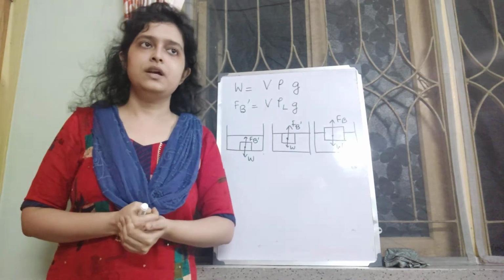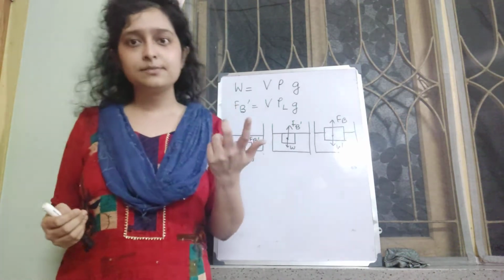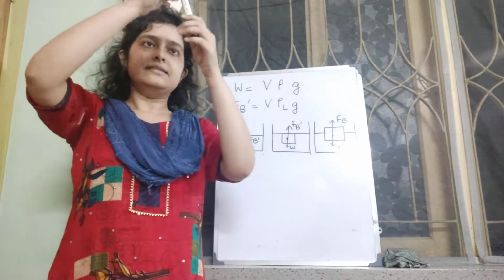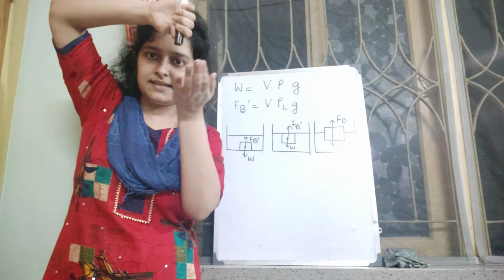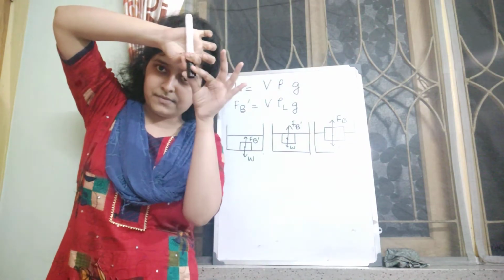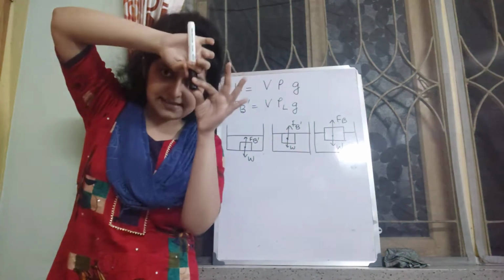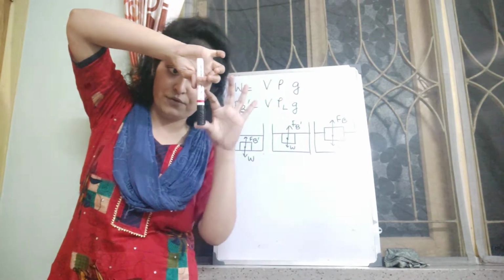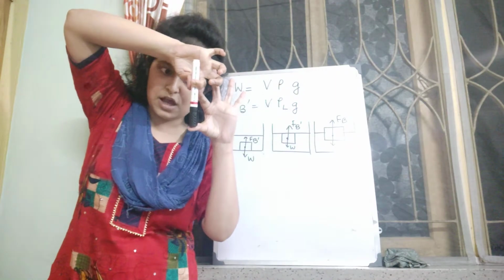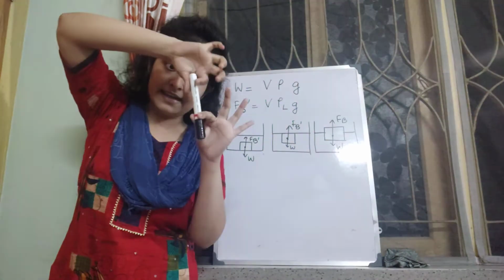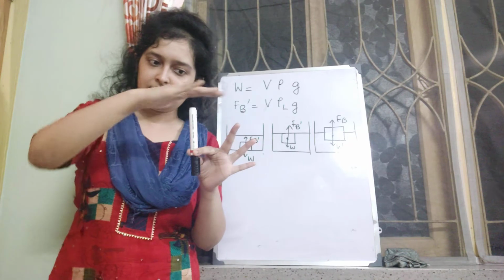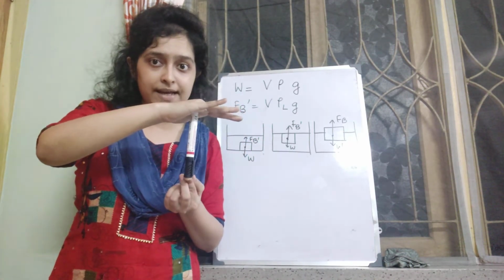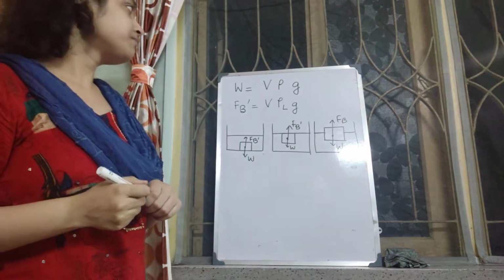is clear to you. So when is the upthrust maximum? When the solid is completely immersed inside the liquid. Because suppose only this part is immersed inside the liquid, it will experience less upthrust. The more you move downwards inside the liquid, the more will be the volume of the submerged part, the more will be the upthrust. Entire solid dipped, completely immersed inside the liquid, maximum upthrust.